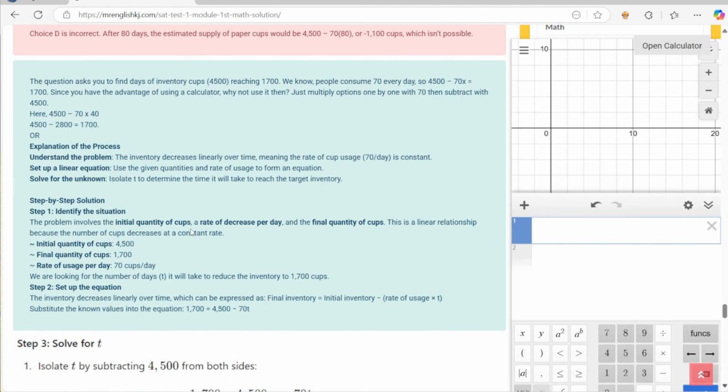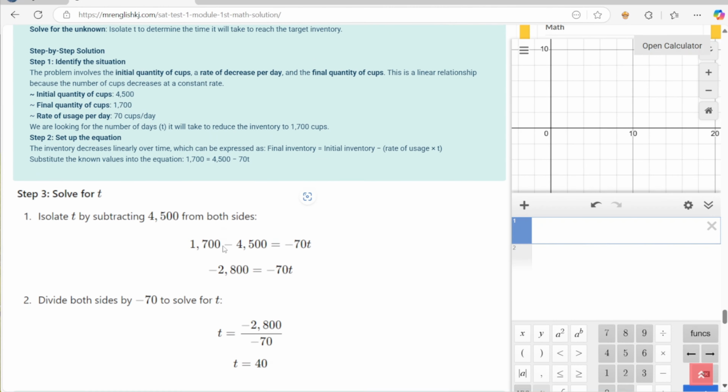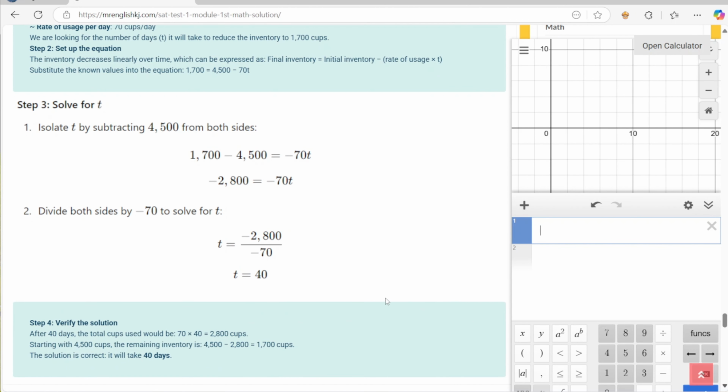Apart from that, we can do something else, that is we understand the problem. We know 70 each day. We just need to calculate days based on that. So here it is done a different way also. In order to calculate days, we know we need this value at the end. We have this initial value, we just subtract it, or we can write it like this. This is our equation. We need 1,700 at the end, so it's our final value, meaning to say that is our total value at the end,